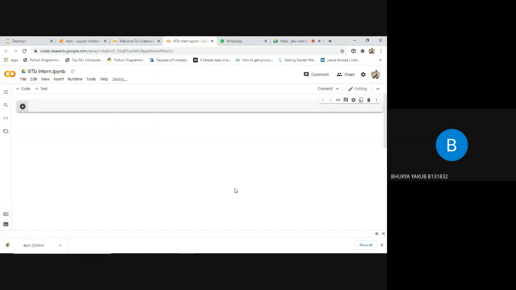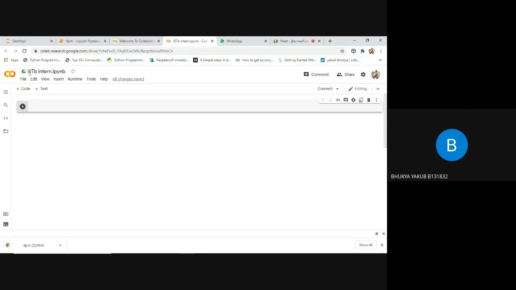Remember guys, to use this GPU, we'll have a limited duration. We need not pay anything to use this GPU, but there is a restriction. Every day we can use this virtually provided GPU for 8 hours. So we can use only 8 hours per day. That is the restriction they provided, and it is a platform developed by Google.